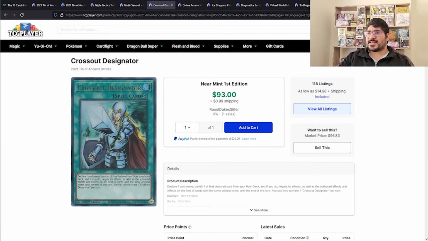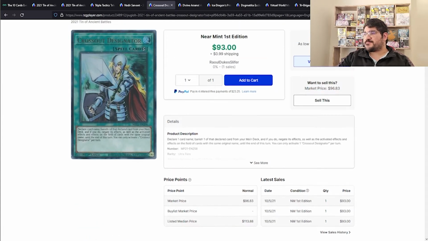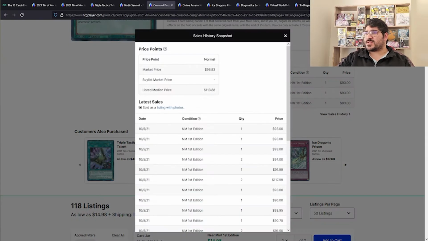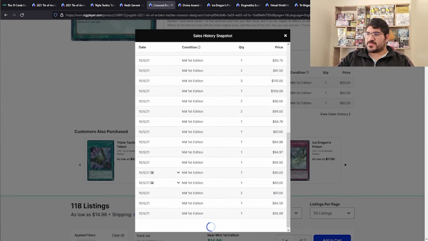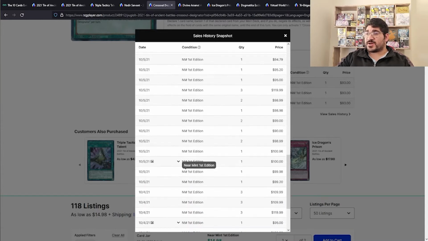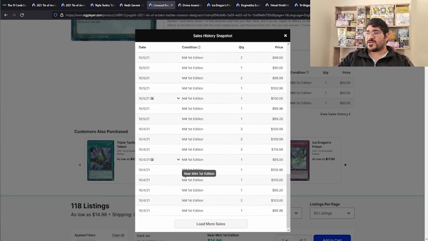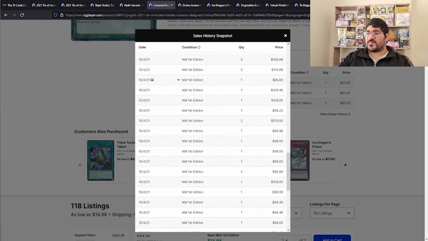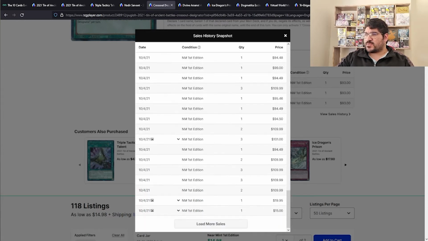Crossout Designator at $93, while market price is at $97. Listed median is at $113. Its sales have actually been around $90 to $100 mostly today. So some of them, like the $90 ones, they're actually selling English copies at that price now, because before this, mainly the Korean copies and stuff like that were selling for about $90, but for the last day or so, it's been sitting at,